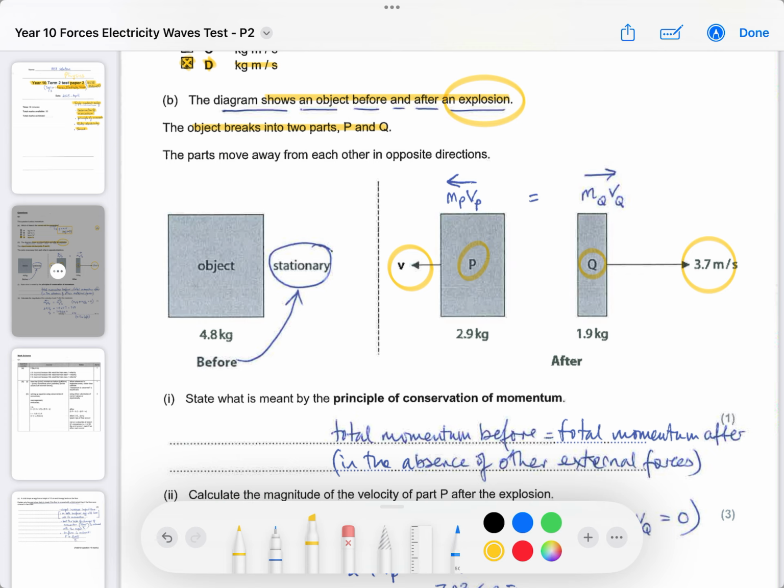So initially, before the explosion, the full weight of the mass was stationary. It wasn't moving. Okay, and it's 4.8 kilograms. So it's just standing still. So the momentum before was 0. It was just stationary. And so how can it produce motion? Well, it's an explosion. That means it splits apart according to the masses. 2.9 kilograms goes backwards, if you like, to the left, and 1.9 kilograms goes forward to the right. It doesn't split in equal halves. So after we got 2 bits of motion,